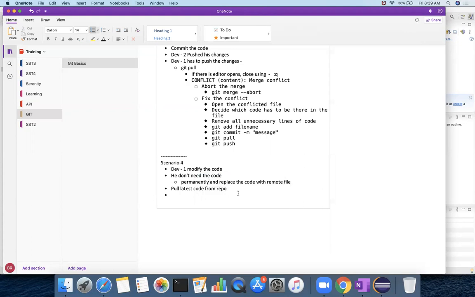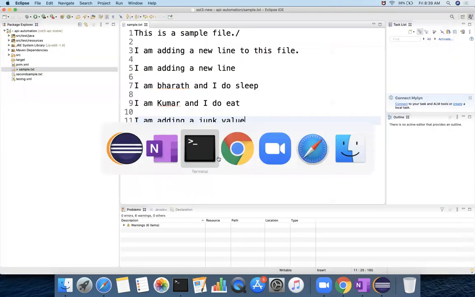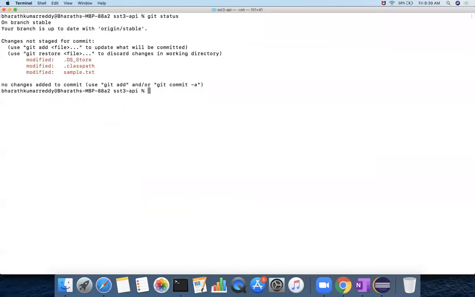So what I do here is git checkout sample.txt.